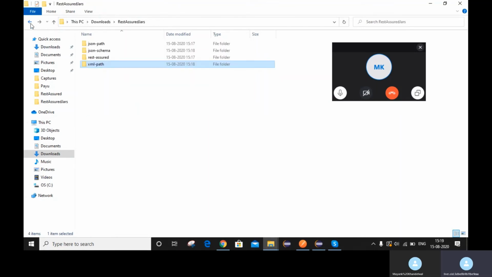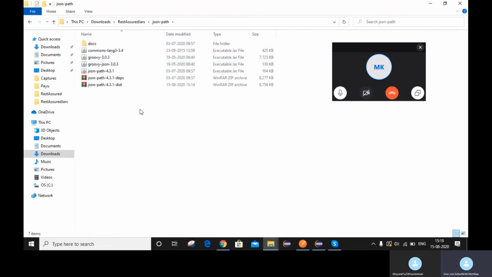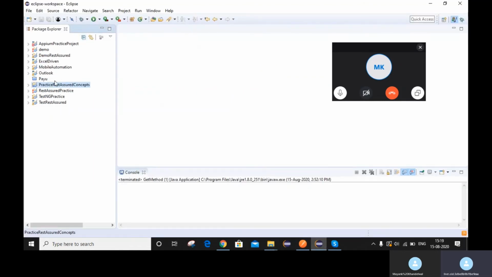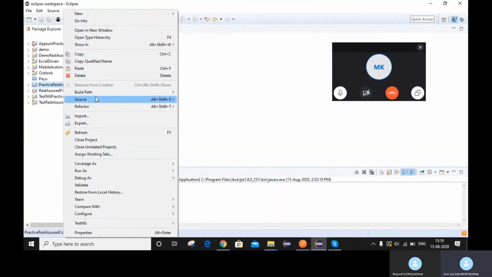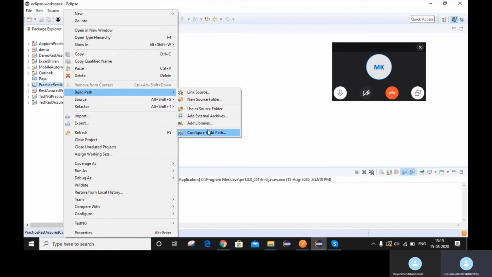Now we need to upload them into our Java project which we created a few minutes back. So now we created this project. Let's go and upload these external jar files. So we need to go here, build path, configure build path.